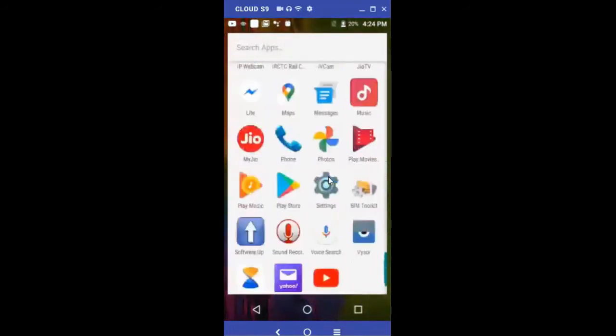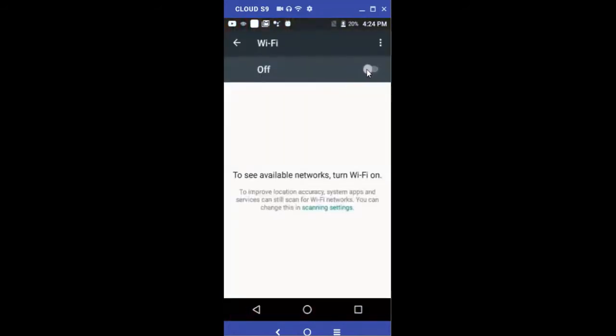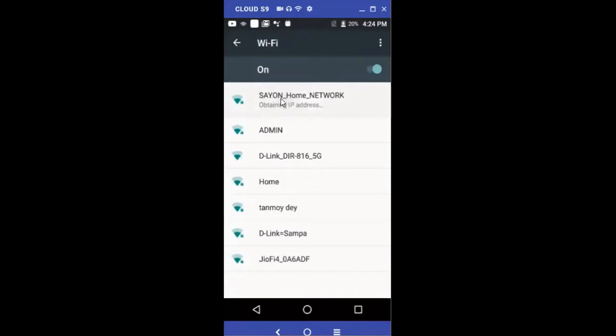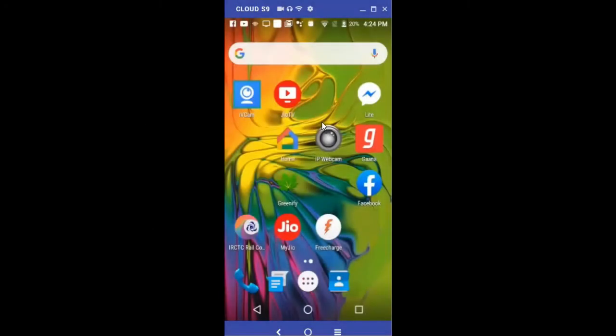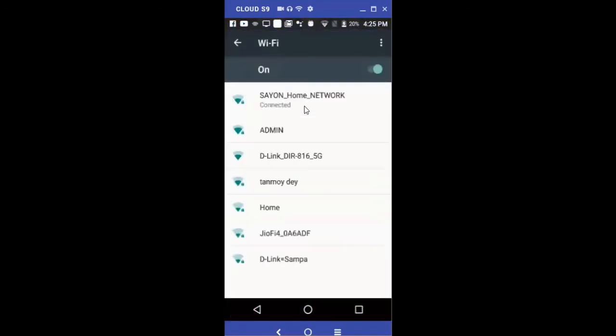I'm going to the settings and I'm going to turn on the Wi-Fi option. So now I'm going to connect my mobile with the internet connection. I'm going to the settings and I have already turned on my Wi-Fi and it is connected.